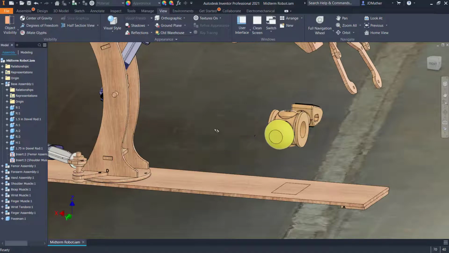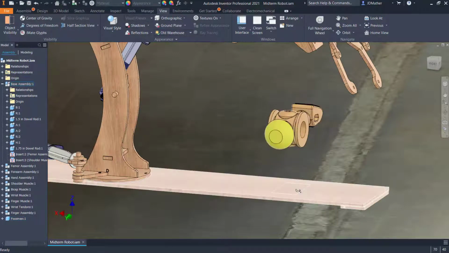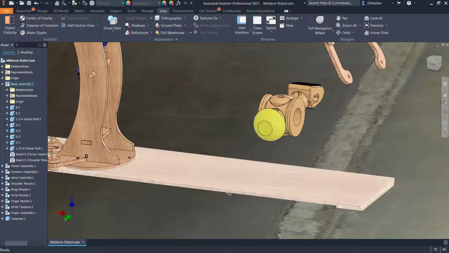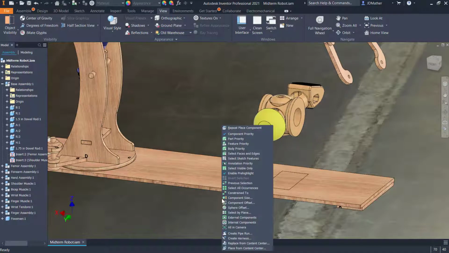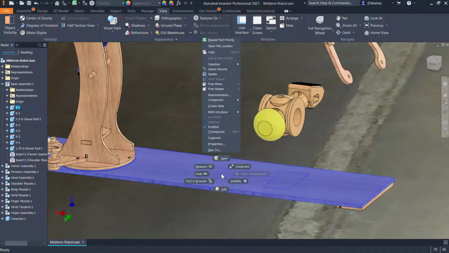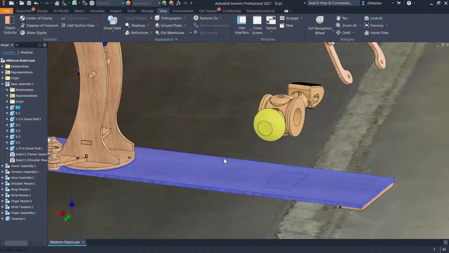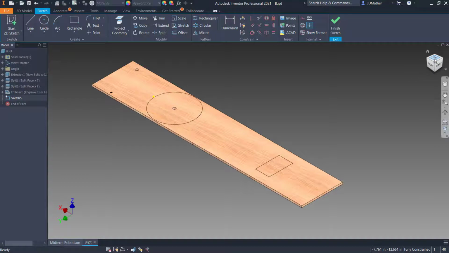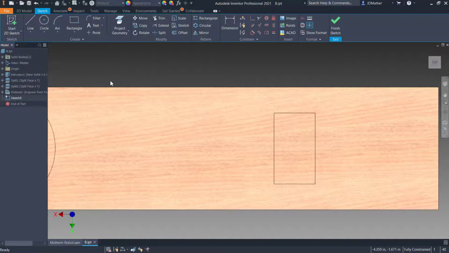on the screen. And then I'm going to set this so that this circle is in the center of this rectangle. And to do that, I'm going to split this face. And so I will shift right mouse button, and I'll go to part priority with my selection filters. And then I'll open up this component, and I will do a new sketch on this face. And let's go around to the top view, and I will either turn on the visibility of the previous sketch,